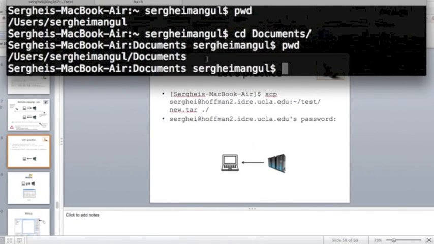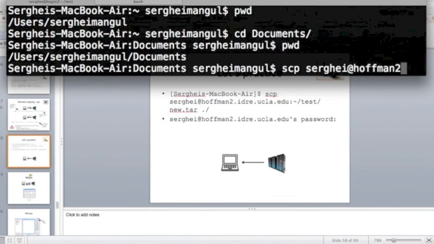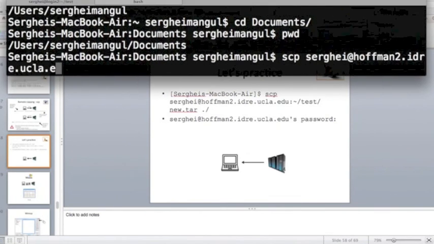So let's type that long scp command and see how it works. So we do scp, your username, at hoffman2.idre.ucla.edu, colon, test. So I do use here